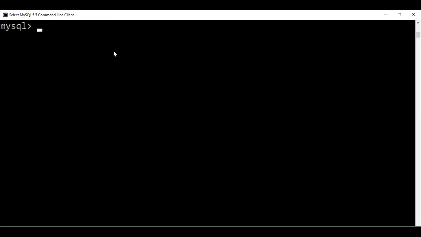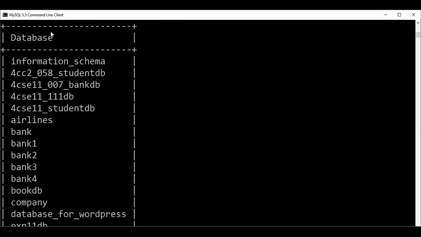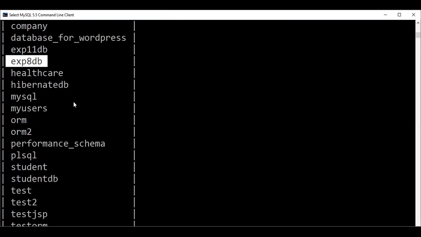So now I'm sharing my SQL prompt. Okay, so my SQL. You please start writing. The database name is here. I already created the database. So use the experiment 8DB. I'll show you. So databases. So many databases in my system. If it is visible, you can see here my SQL prompt. There are so many databases. I'm picking one database that is related to experiment 8DB. See here, this is experiment 8DB.